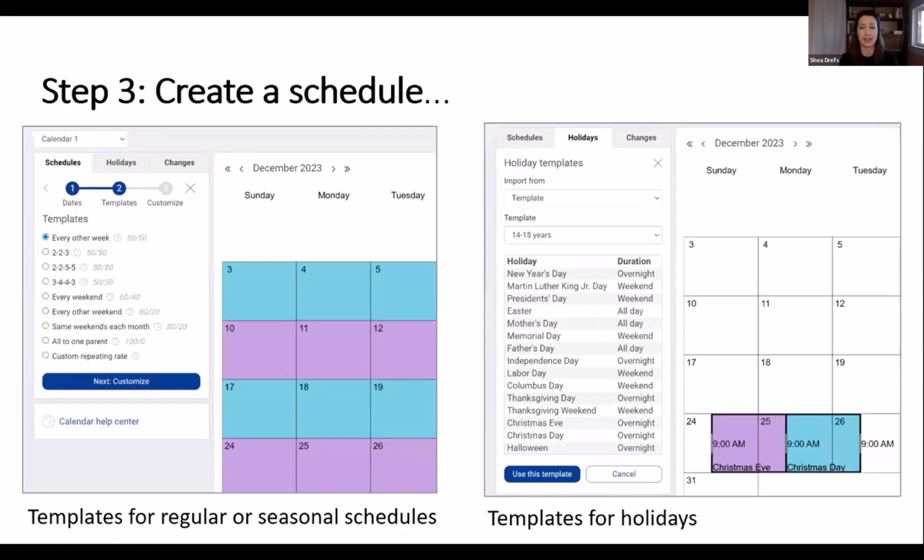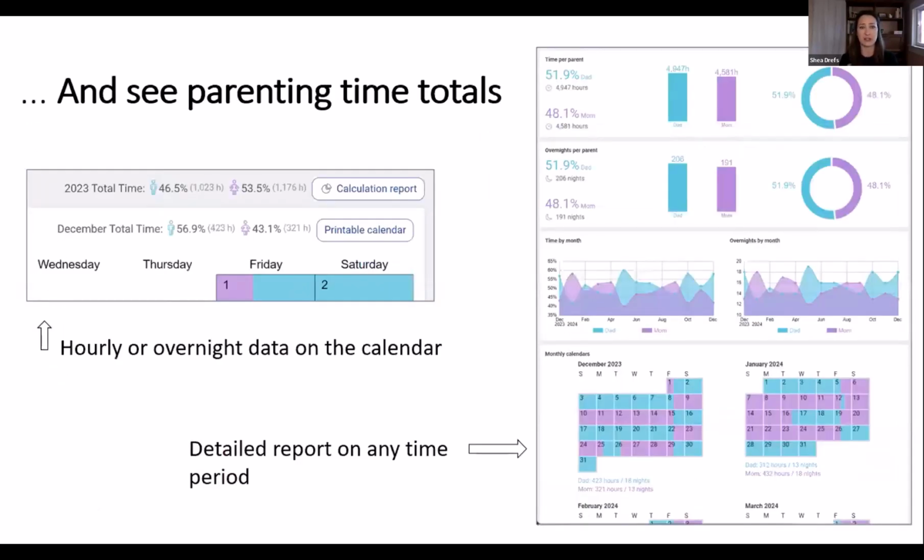If you've linked with your clients, they can do that at home on their end or even on their phone as well. So you have made your schedule. And on the next slide, you'll see that as you're doing all that, you're seeing parenting time totals with each change you make. Every time you drag an exchange, the parenting time total is updating and it's taking into account